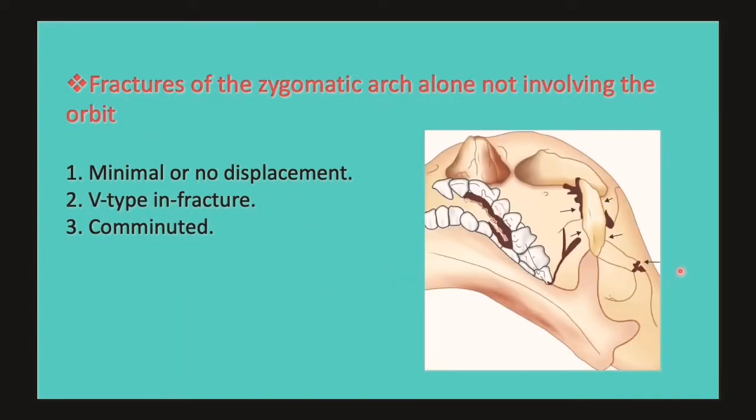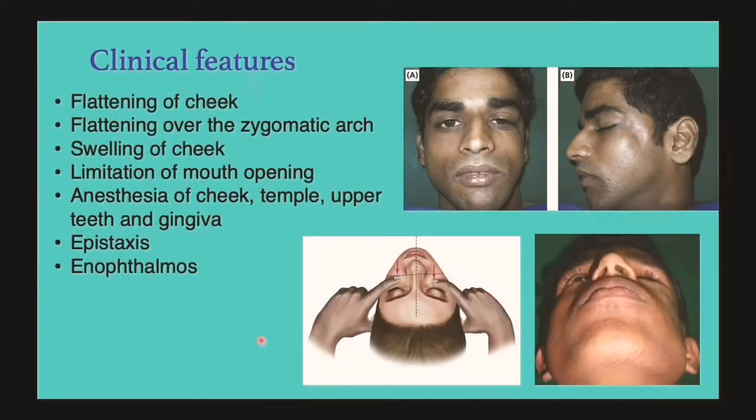The second category includes the zygomatic arch alone, not involving the orbit, which includes minimal or no displacement fractures, V-type in-fracture, and comminuted fracture. The clinical features of the zygomatic complex fractures include flattening of the cheek, flattening over the zygomatic arch, as you see in these pictures, swelling of the cheek, limitation of mouth opening, anesthesia of the cheek, temple, upper teeth,